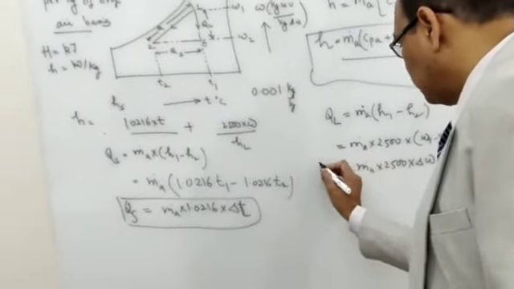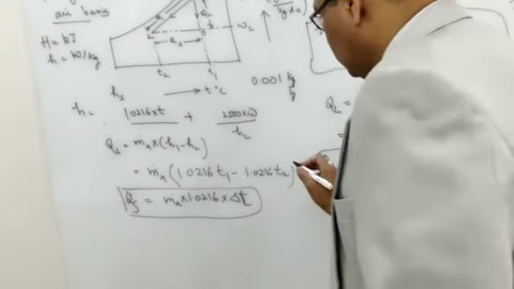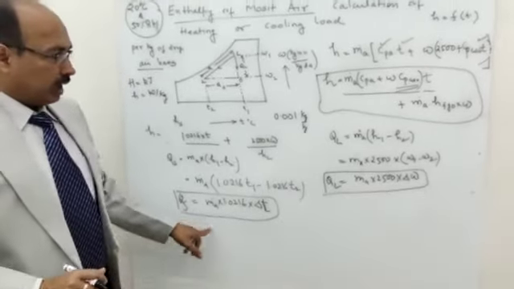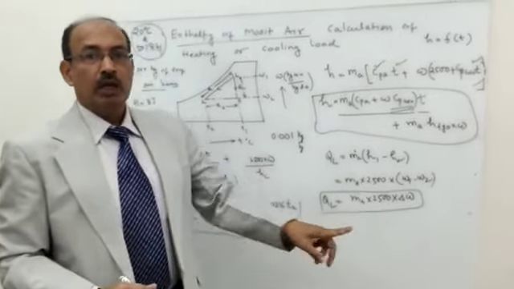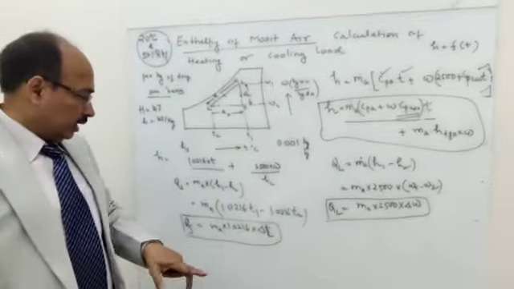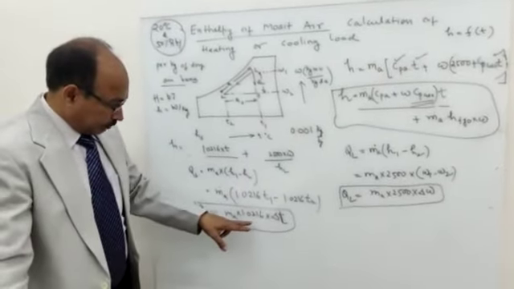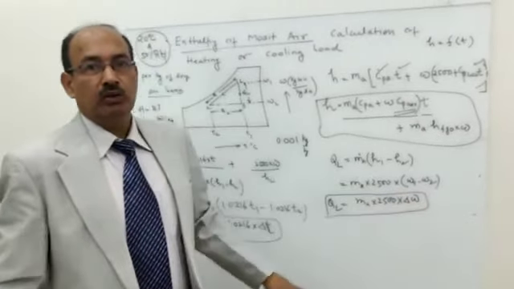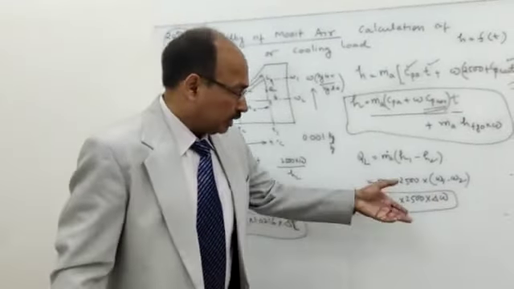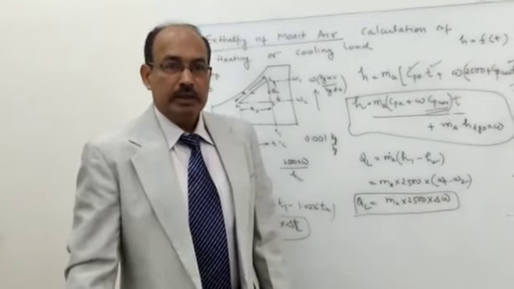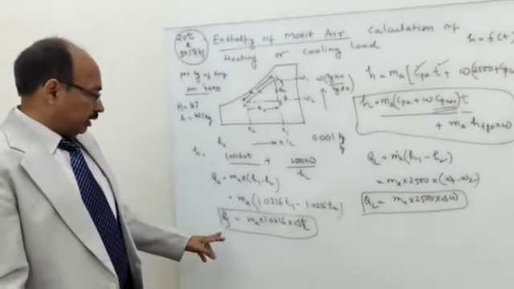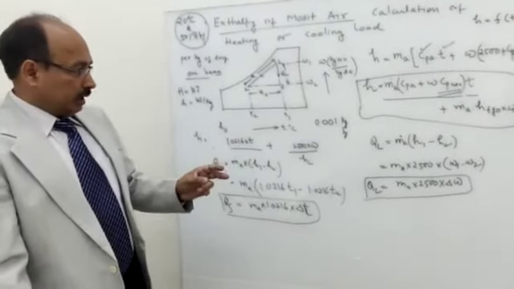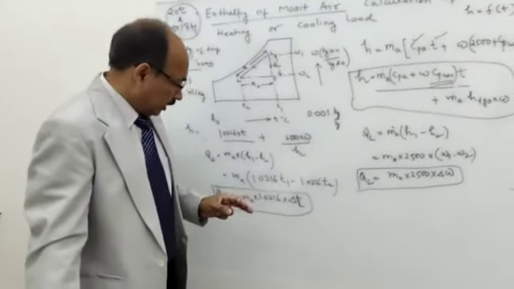So these are the two expressions where we can find the sensible heat cooling load and latent heat cooling load without use of the psychrometric chart. We just need to have delta T known and delta omega known. If these two values are known, we can straight away do calculations and find what is latent heat and what is sensible heat. I can simplify this relation further. I'll take a couple of more minutes.